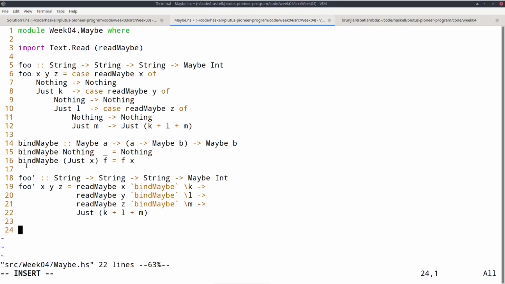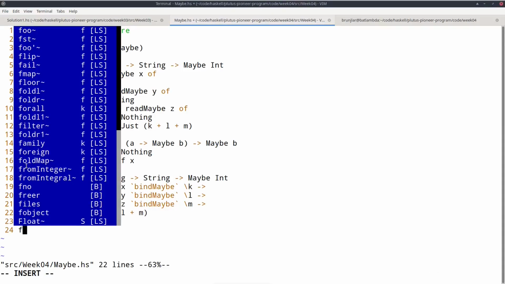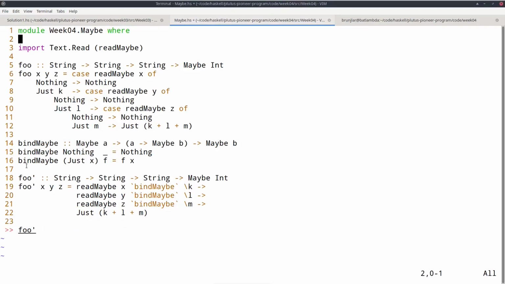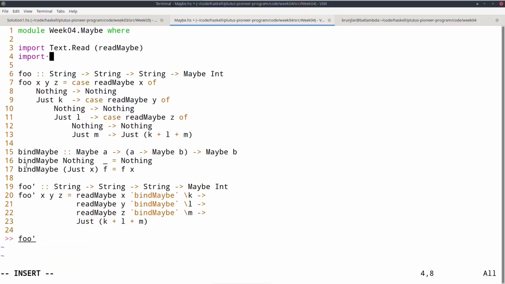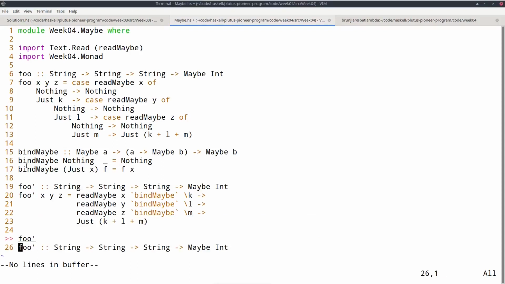So we can now rewrite this. If I import this, then I have the 3 ints function. So I can now write a third version of this foo.